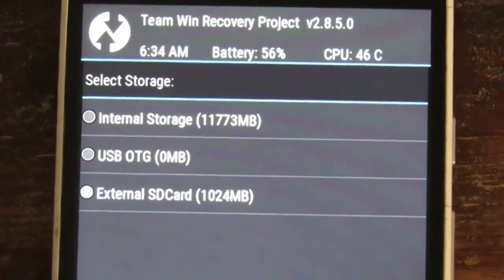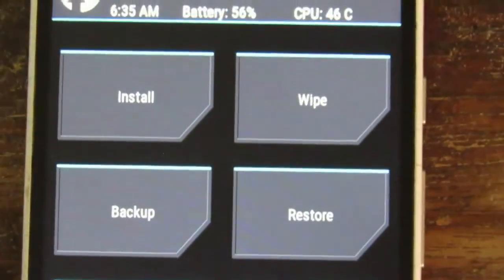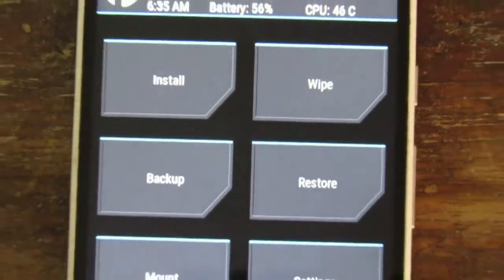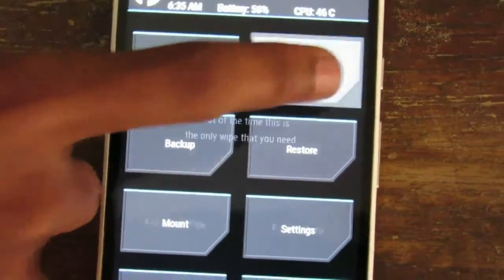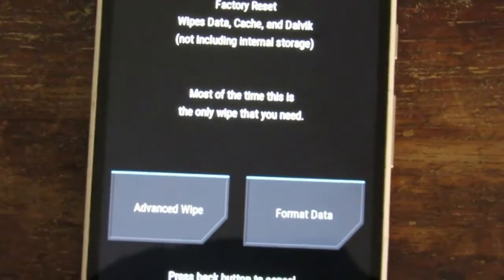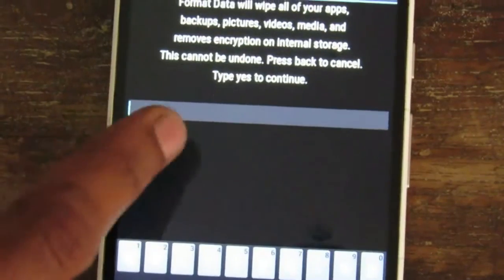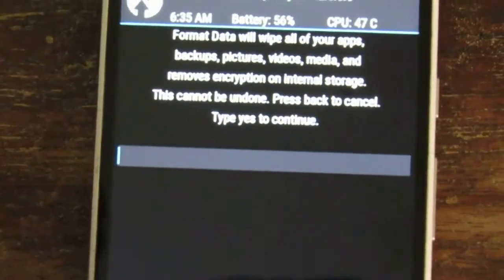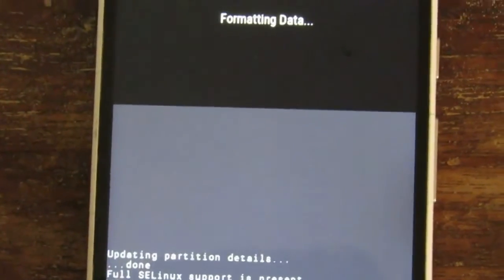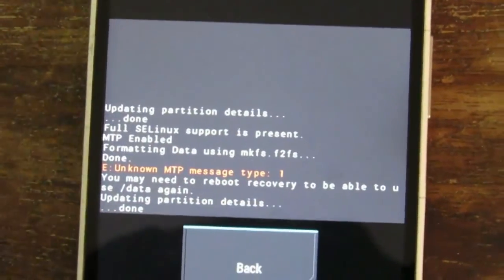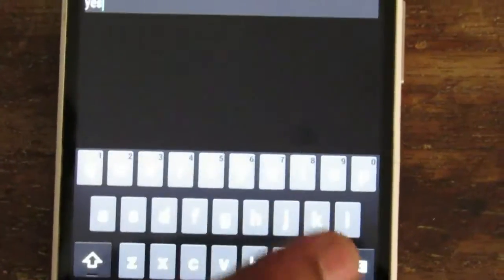Then after you back up, go back and now go to wipe. You need to wipe and format everything on your mobile. So go to wipe, that is the first option, and choose format data, and here you need to enter yes to continue, and then go. It will wipe everything on your mobile, and come back now